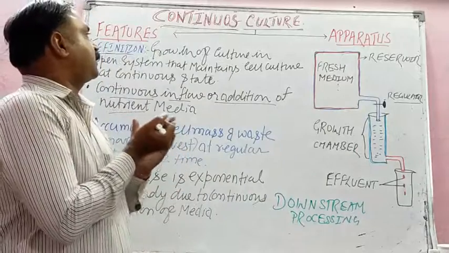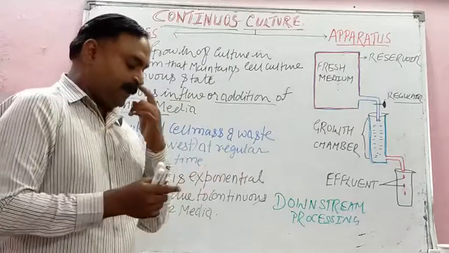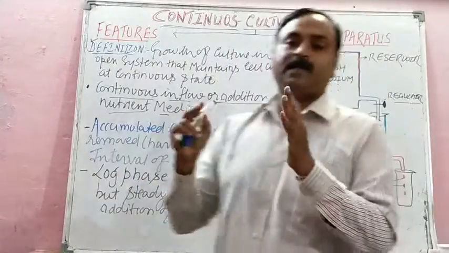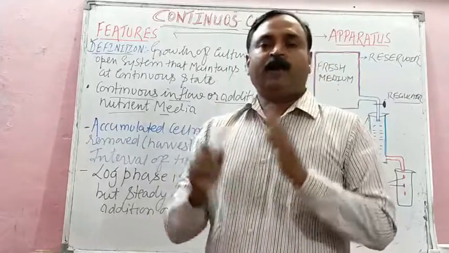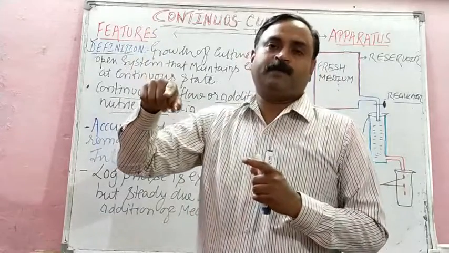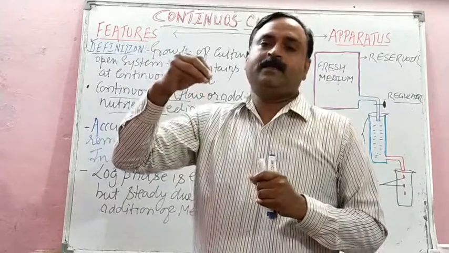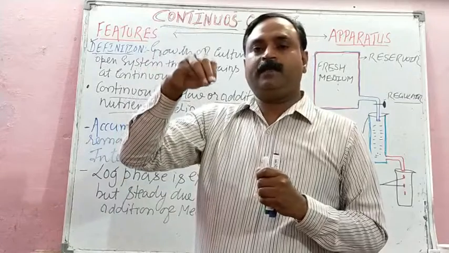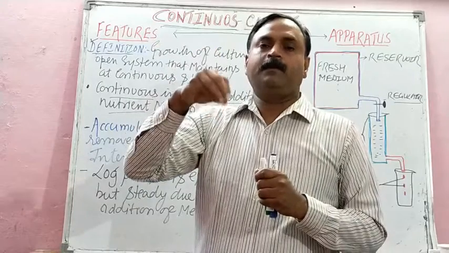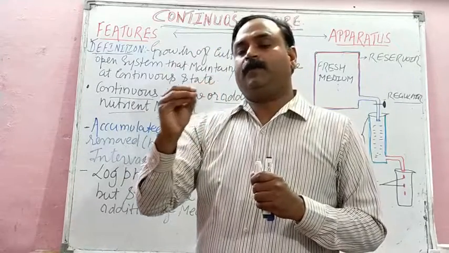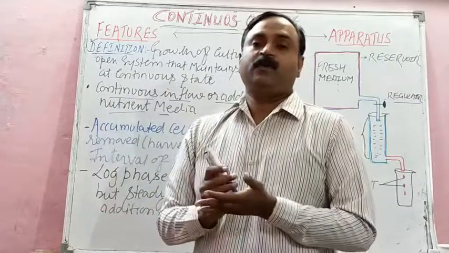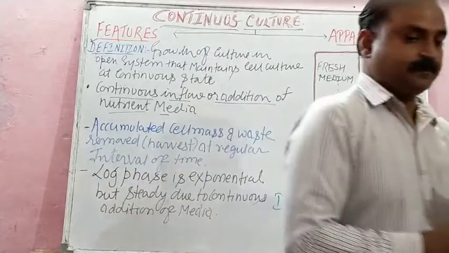And the last culture after this is fed batch culture. Fed batch culture is nothing but an improvement of batch culture. The definition of fed batch culture is asked for 1 mark. Fed batch culture is the improvement of the previous one, batch culture. In that, we add the nutrient media and culture in the beginning, but we keep on harvesting also. That is called fed batch culture. That is the improvement of batch culture. Thank you.